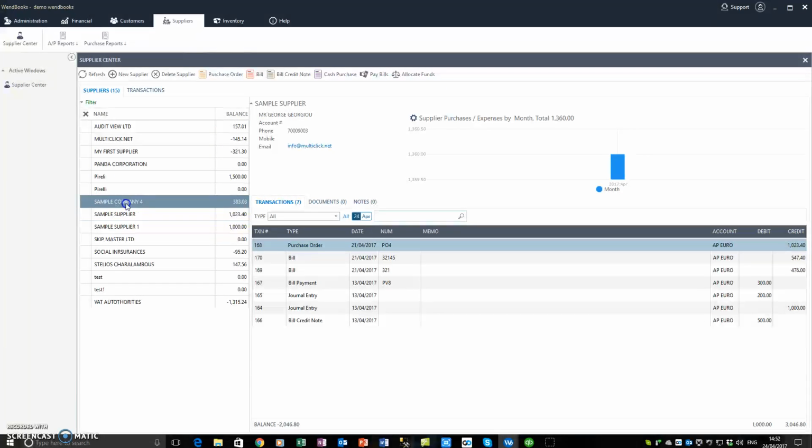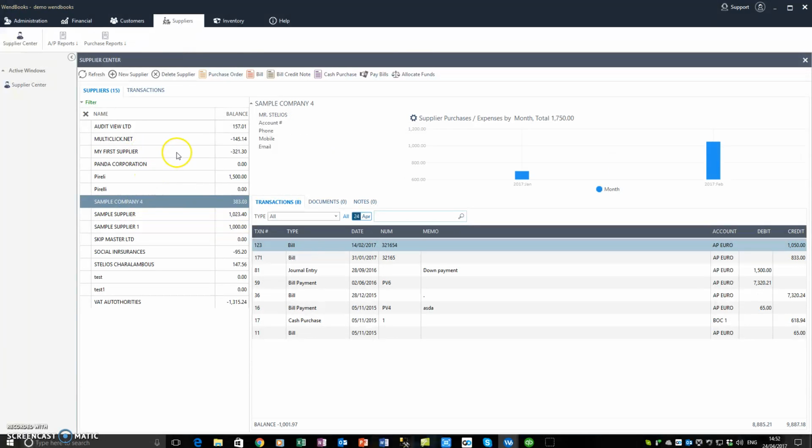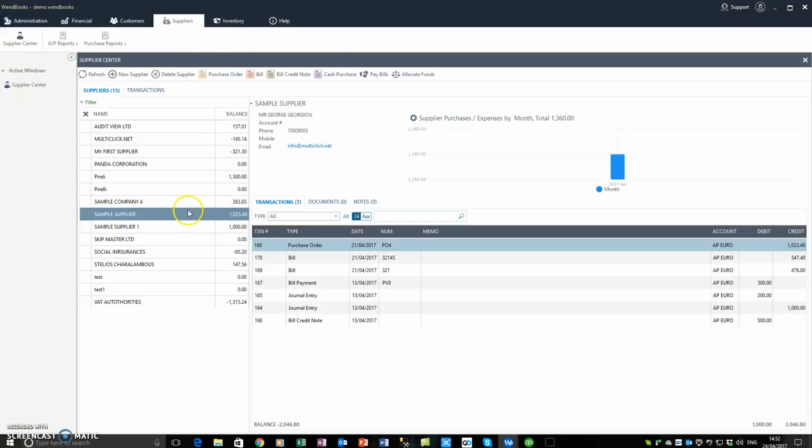Now, for the sake of a sample, we have a supplier, let's call it sample supplier 1, who has a balance. We owe him 1,023 euros. Okay. Now, if I click to go to pay bills,